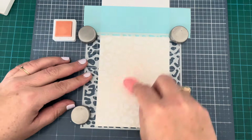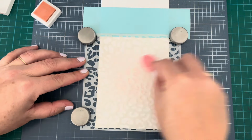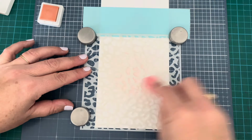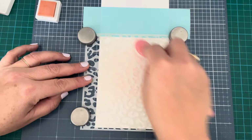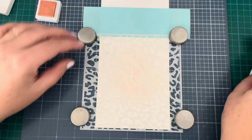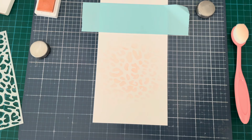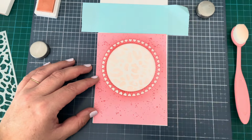And you're only obviously going to see this piece through that frame, so I don't need to worry about inking over the entire card, just in a circle towards the upper center of the card base, which is where my little frame is going to be once I put it on. So I'm just going to check here quickly to make sure that it is where I want it to be, and that's perfect. I did go ahead and stamp out my little sentiment on the inside that says, "Here's a hedgehog for you,"